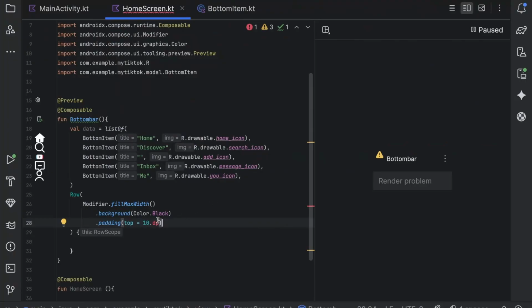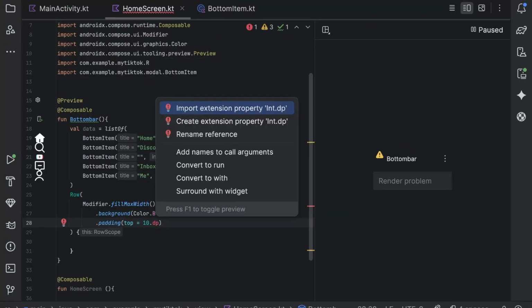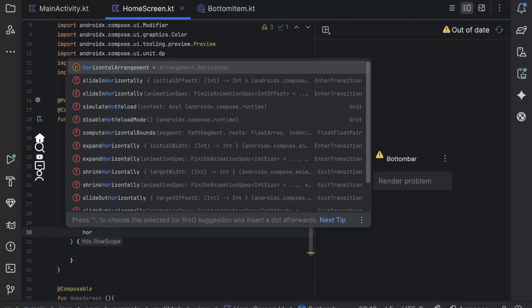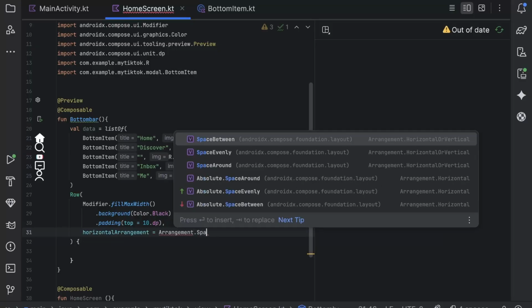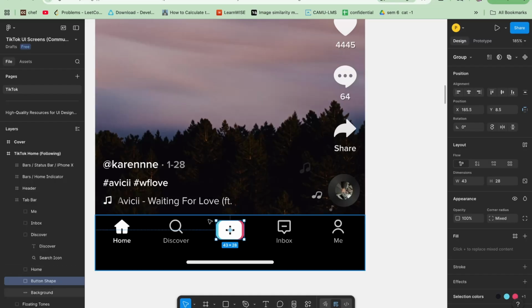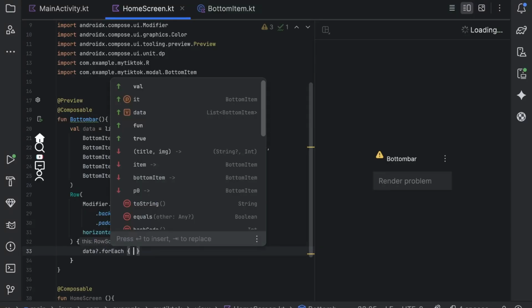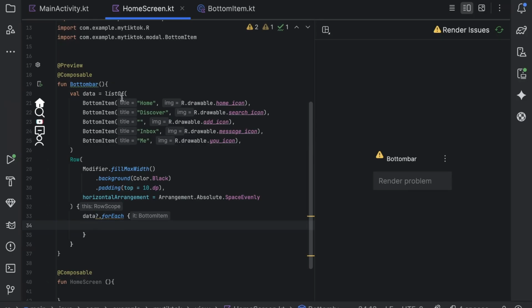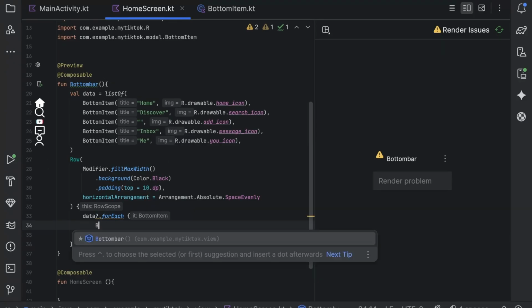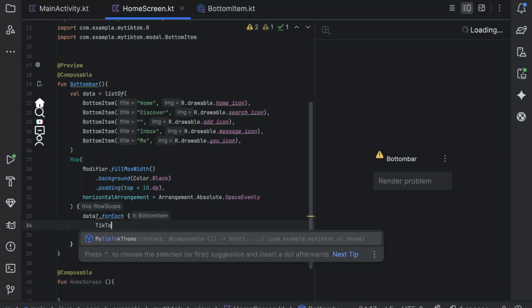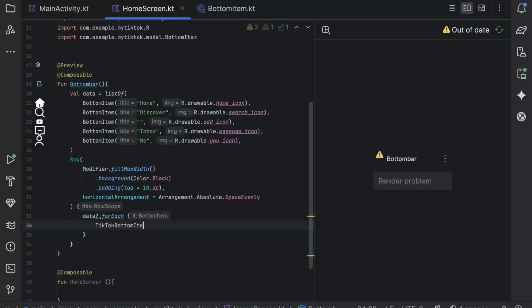Okay, let's see how it works. Just import this option, Alt Enter. Horizontal arrangement dot space evenly. So it will make all the items arrange with even spaces. Data is a kind of list, so forEach. It's kind of a for loop. So for each item we need to render the TikTok bottom item, let's say,